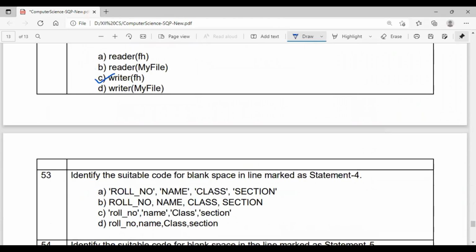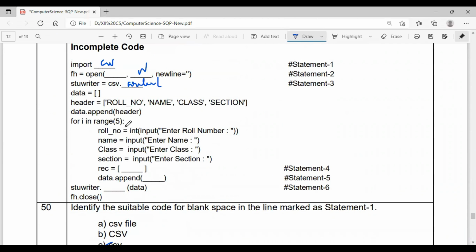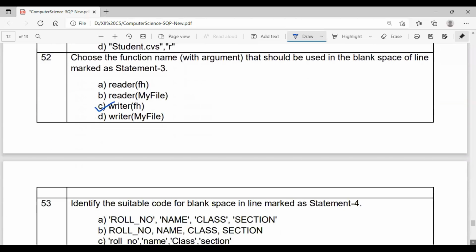Now, statement 4. You have this data. You want to append the header. Data is an empty list. Then you are appending the header, then asking for the 5 data values to be inputted, and rec is equal to the data you have to pass, as a list.